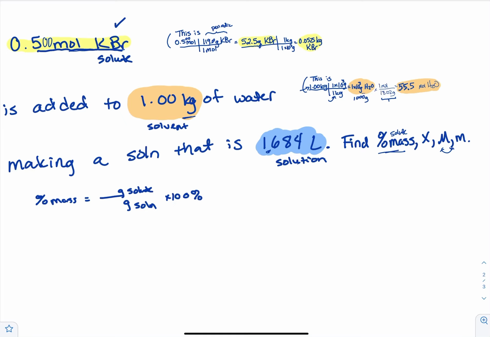So I'm going to take my grams, and I'm looking at my numbers for my solute, and that's where my grams are. So 52.5. And then the solution is just adding the 2 masses together. So 52.5 plus, and I need to make sure I'm adding grams to be consistent with my units. There's my grams of water, 1,000 grams of water. And by the way, that would be 1.00. I didn't write it out that way, but if you want it, it's 1.00. It's got the 3 sig figs.